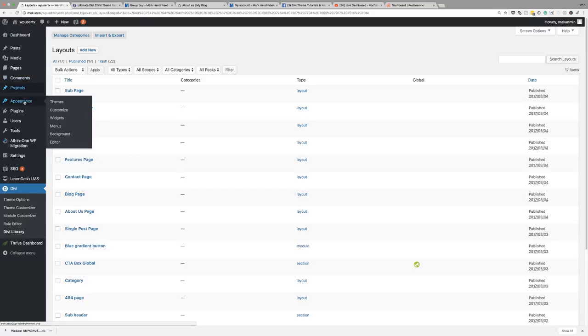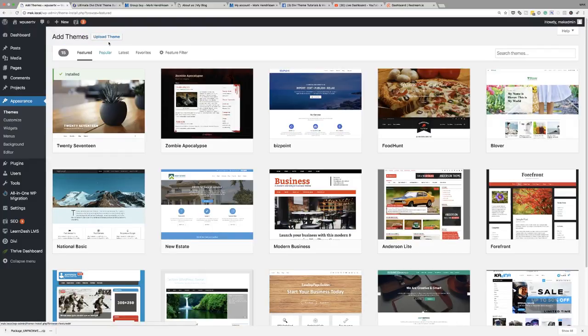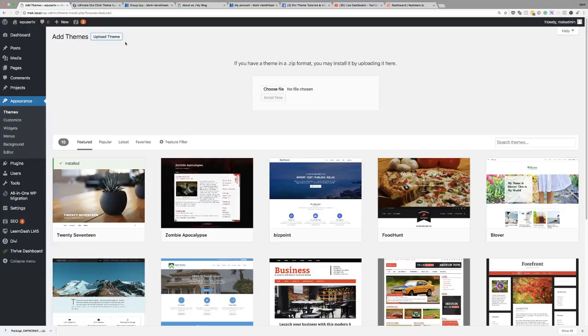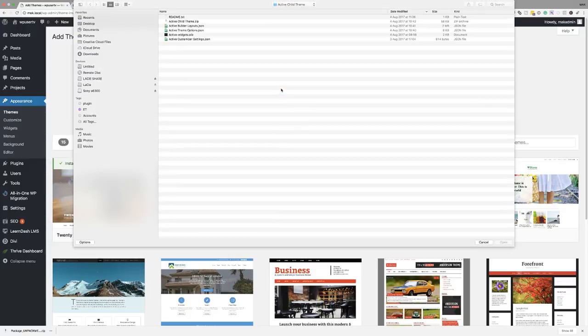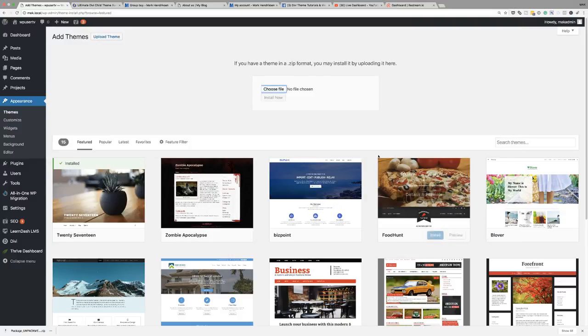So let's come over here to appearance, themes. We need to add the child theme, so we need to click on add new, upload theme, choose file. This is the child theme. All you have to do is double click on it or click open, and that opens the theme. Once it's opened, it's going to ask you to activate it. So once you activate it,